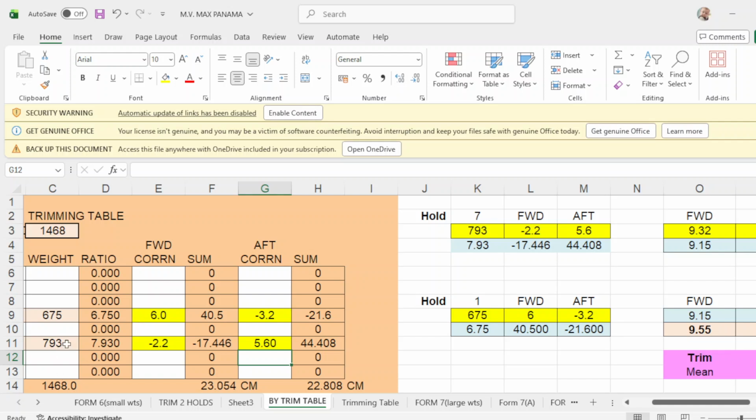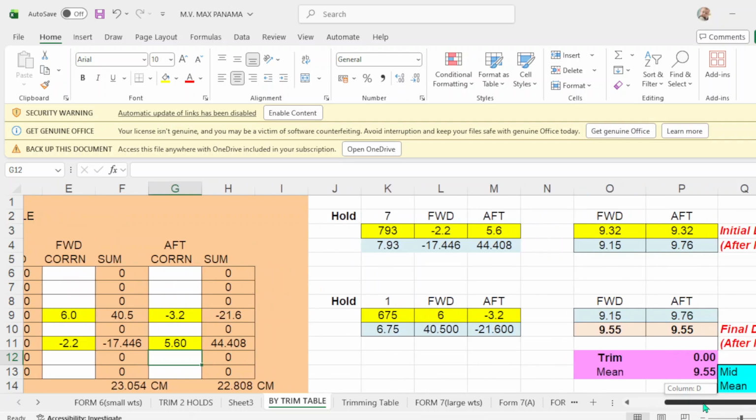The same forward correction of negative 2.2 and up correction of 5.6. After you have completed loading hold number 7, then you load in hold number 1 of 675, which is the same here. Forward correction is 6, same, and your up correction is negative 3.2, which is also the same.